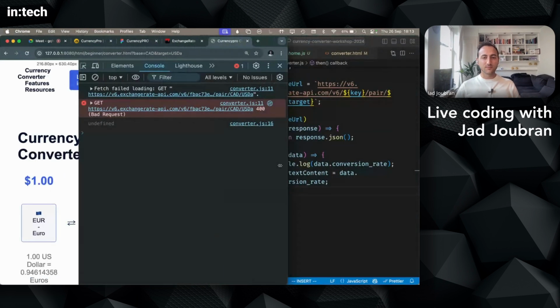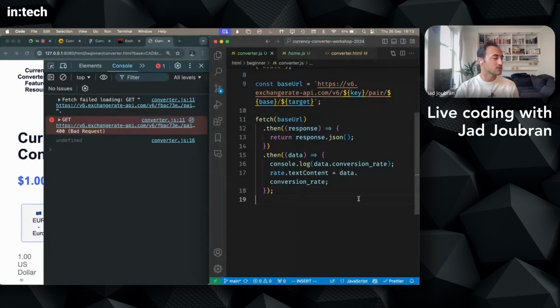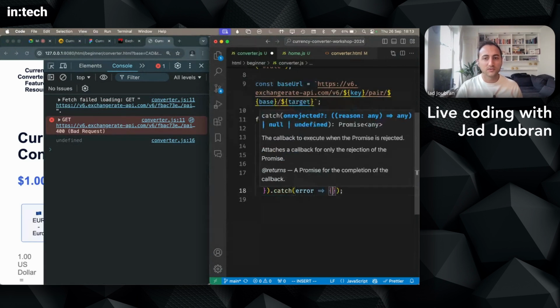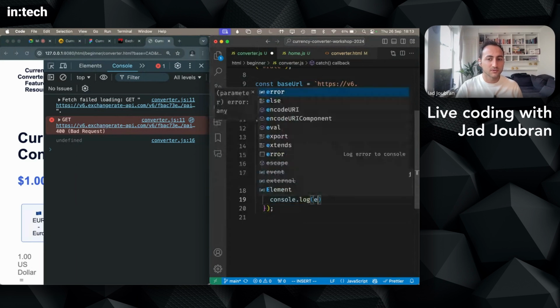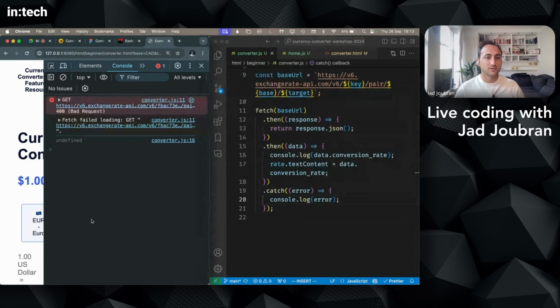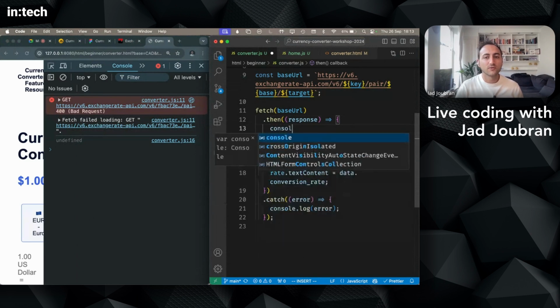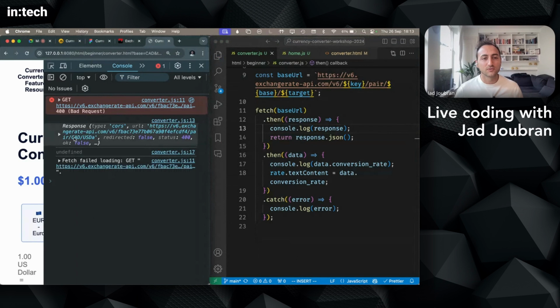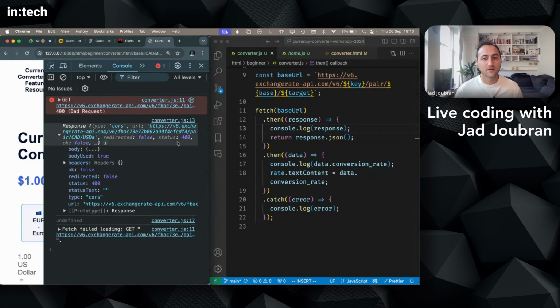This actually really depends on the API you're working with. Let's see, if I do .catch error, this is a way to catch errors in a promise. Reload the page. No, sorry, that's not it here. If you go back to logging the response and reload the page, you will see that